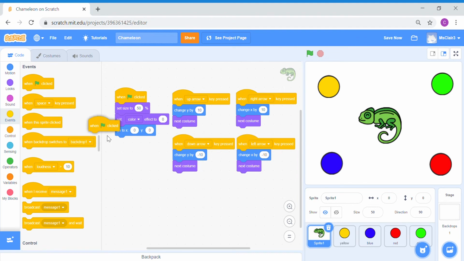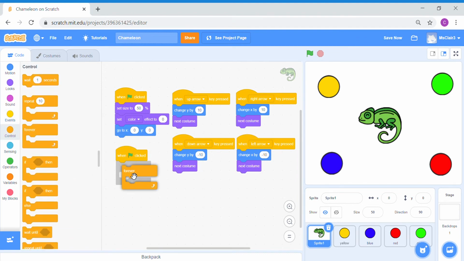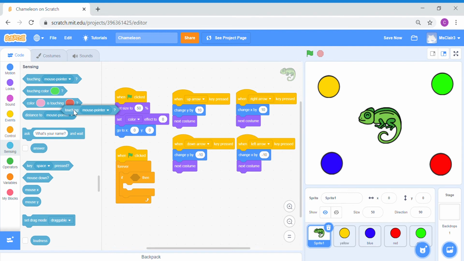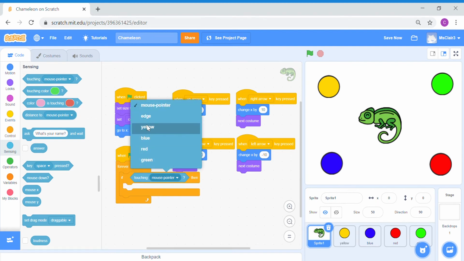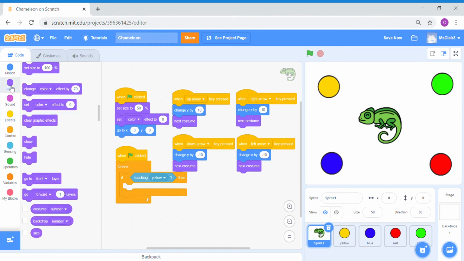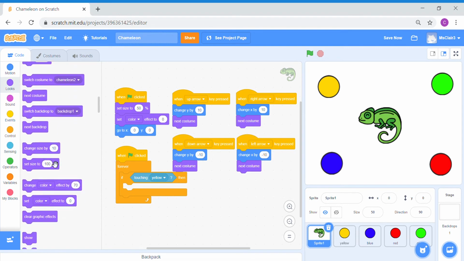When green flag is clicked, forever, I want this to happen. If my chameleon senses, I'm going to use the first touching sensor block. If my chameleon senses the yellow dot, if it touches the yellow dot, then I want it to change its color. So I'm going to go to looks. I'm going to look for a